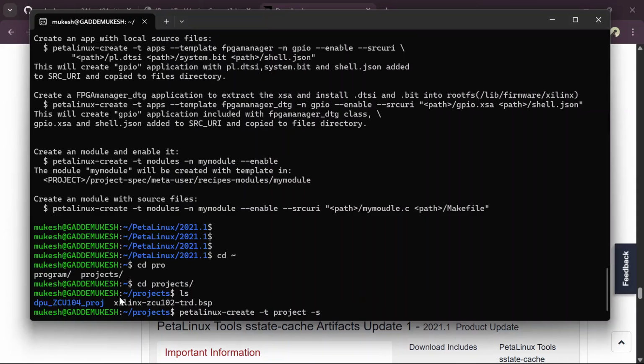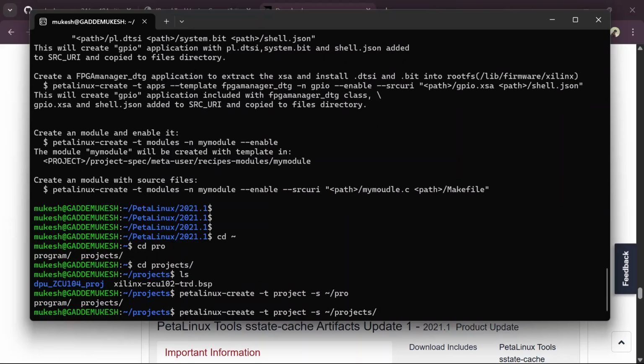If you see, my BSP board package is here under the projects, and I'm giving this directory, projects, and the Xilinx TRD BSP as the source, and then giving the project name as DPU